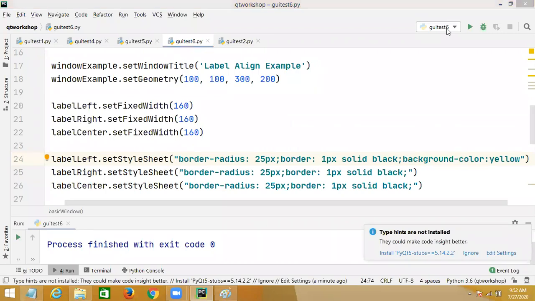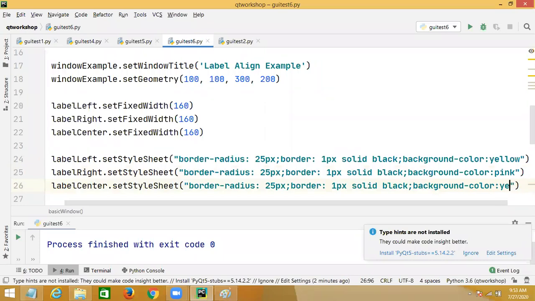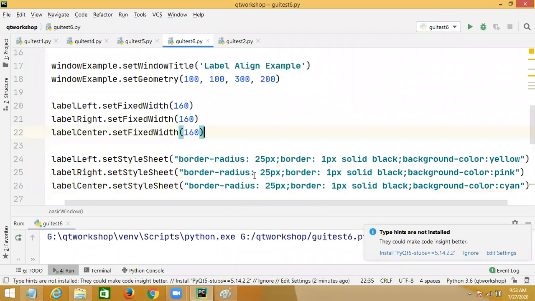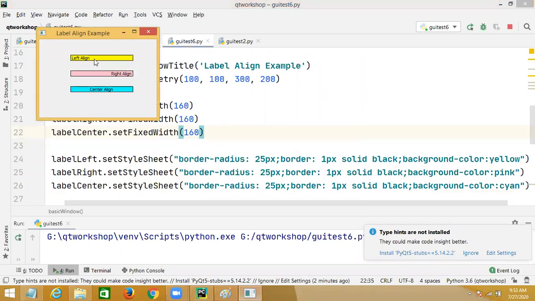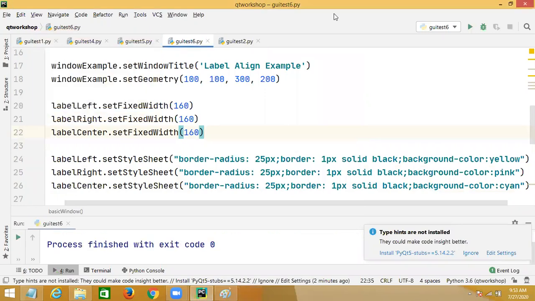Now, if you want to change the background color for all the things, you can change it by saying background color. Take this one, background color, and I take this background color as some pink, right? Then again background color. I just take this one as a cyan, right? So these are different background colors I've taken for all the labels. This is the background color for label 1, label 2, and label 3.